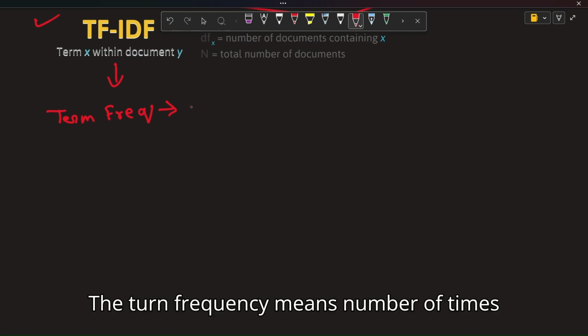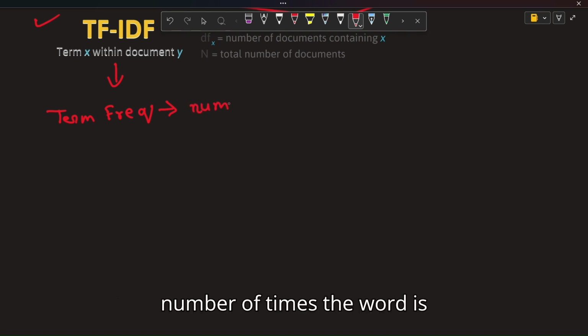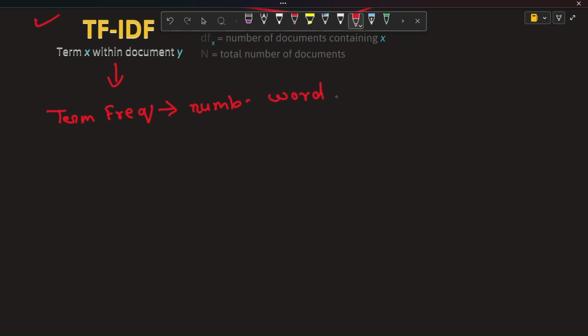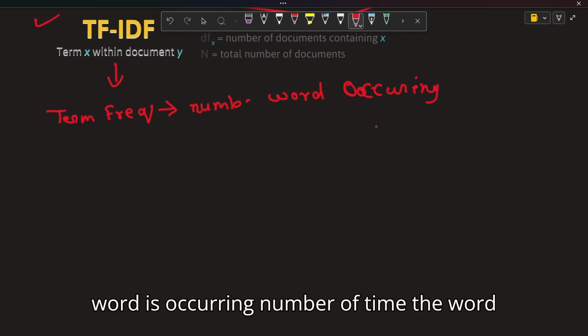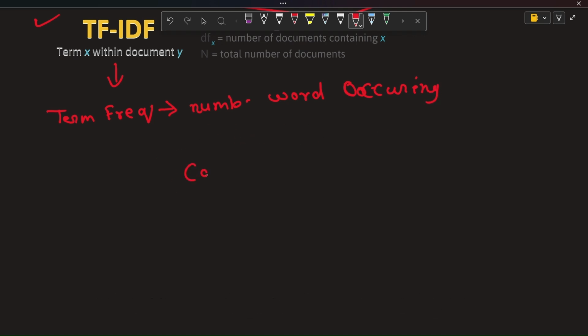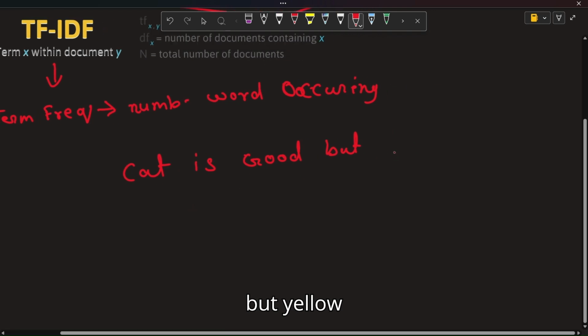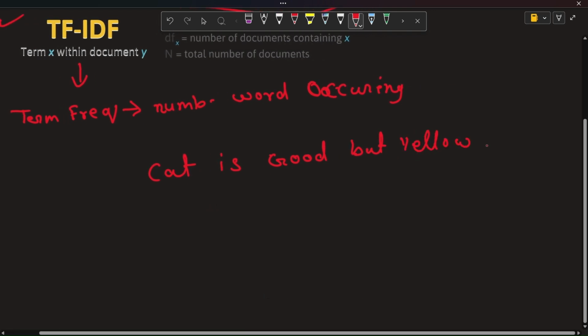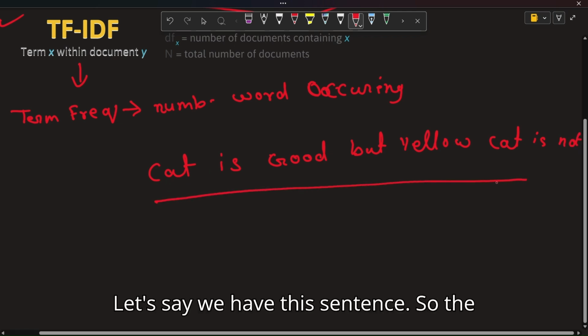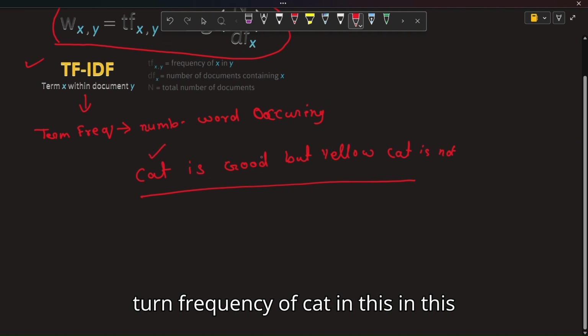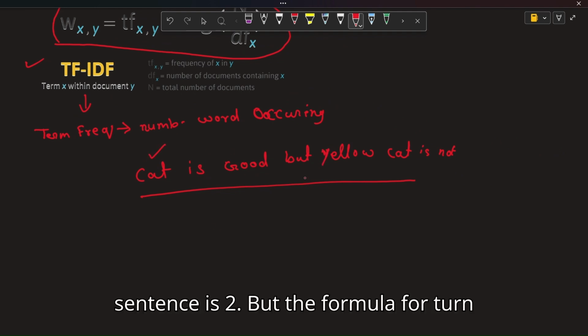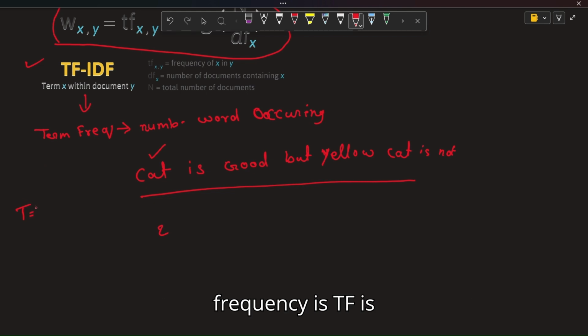The term frequency means the number of times the word is occurring in a sentence. Let's say we have a sentence with the word cat, yellow cat, and we have this sentence. So the term frequency of cat in this sentence is 2, but the formula for term frequency is TF